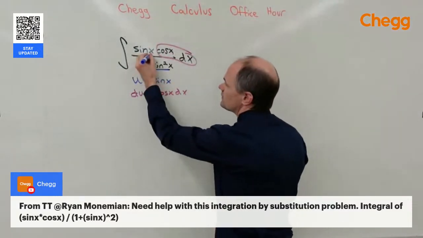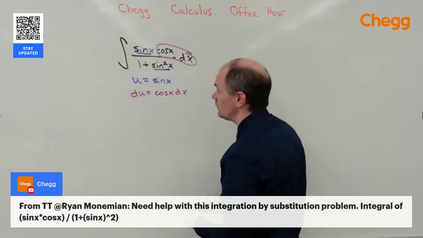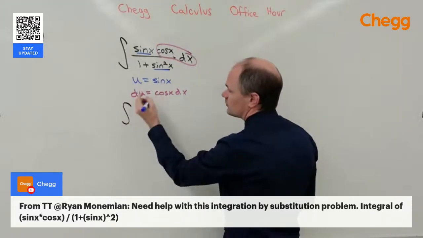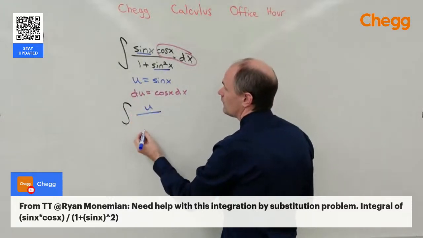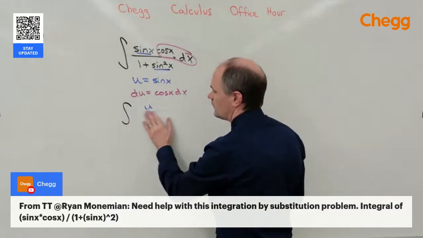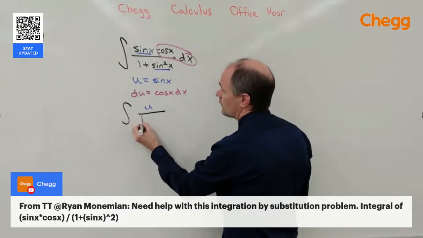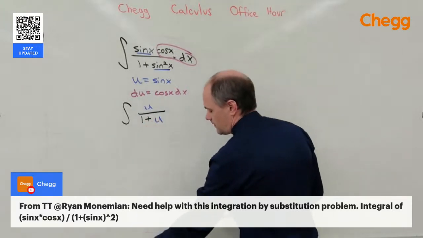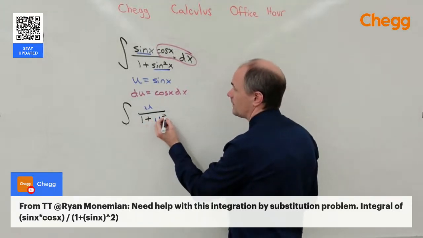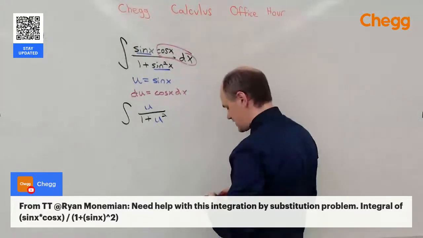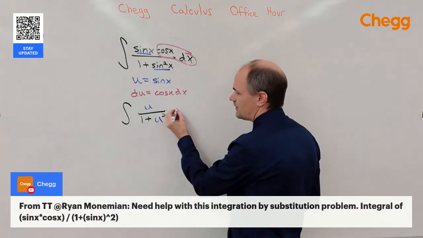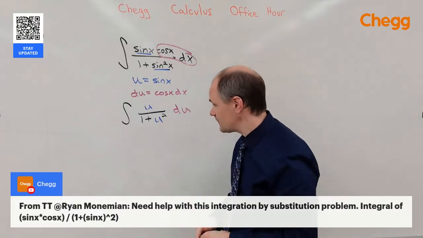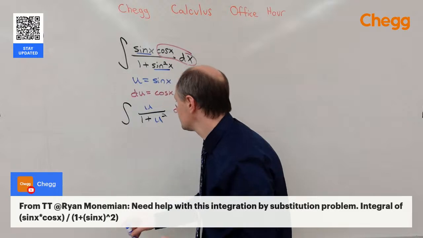Now we're just going to change each of these sines into a u. So now the integral becomes the sine of x, which is u, over 1 plus the sine of x, which is u, squared. And then the cosine x dx, all of that's going to become my du. This is something we can solve